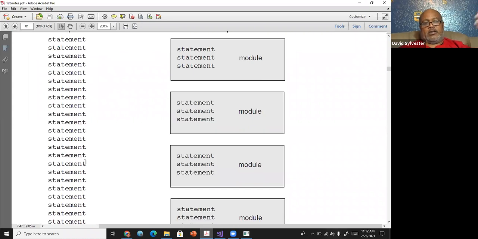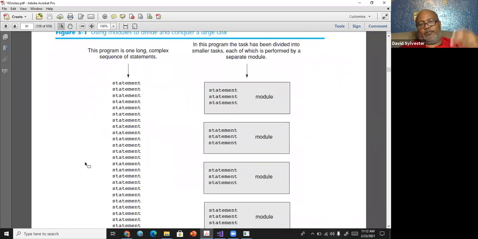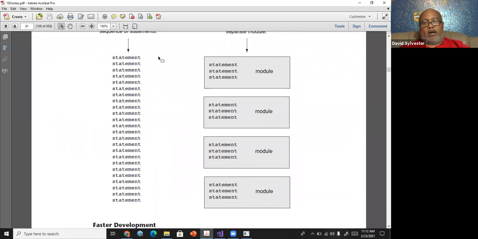So this is just a picture example of what they're saying. Modules are not necessary for a program to run, no. But it makes the program much clearer and much easier to understand. For example, you could write a program from start to finish, line by line by line. But given that we've never done if statements or while statements yet, when you start putting those things in a program, that can make your program very, very confusing.